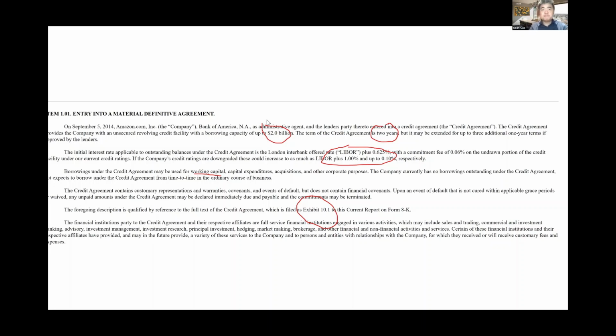The exhibit 10.01. That's the exact loan contract. Sometimes it's in a picture format. They take a shot of the contract and load it on the 10-K, so you can see all the details. So what I'm saying is, what you are seeing here is just a summary of the loan contract. You can get the exact loan contract from exhibit 10.01.